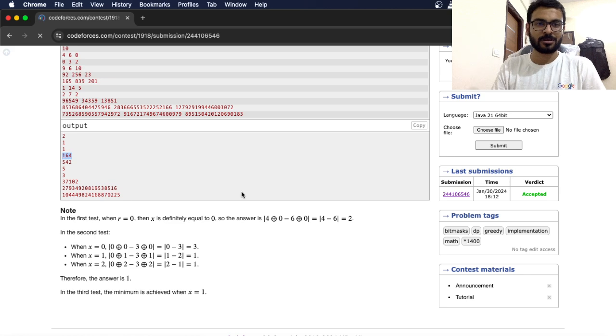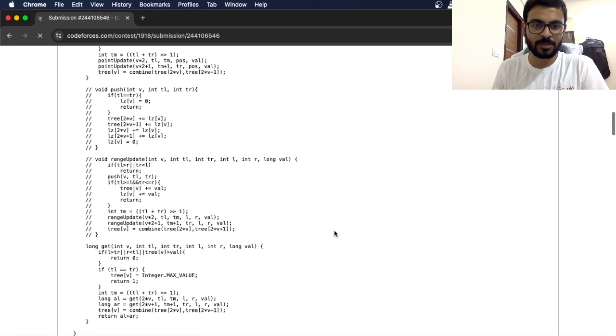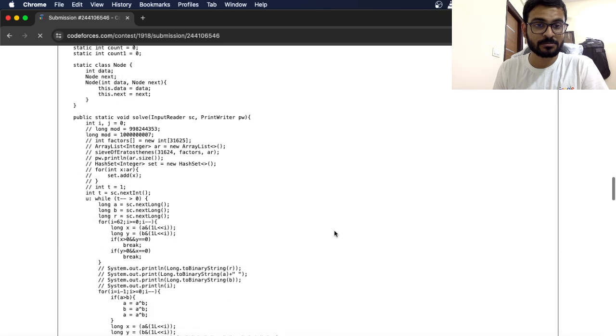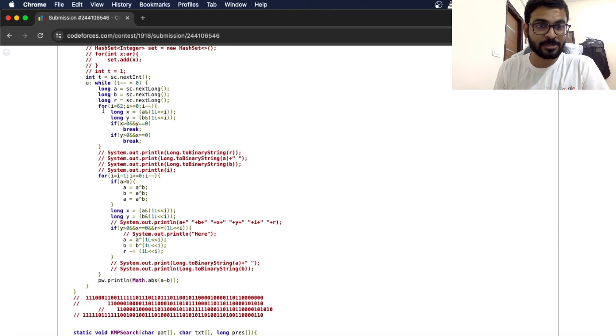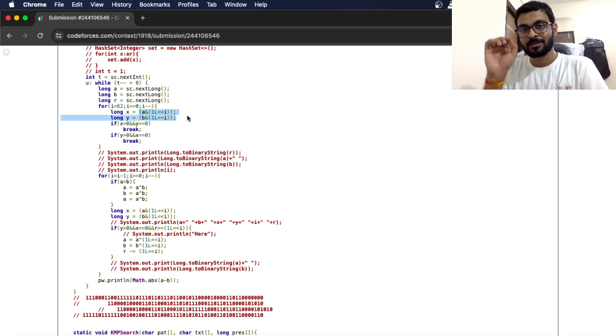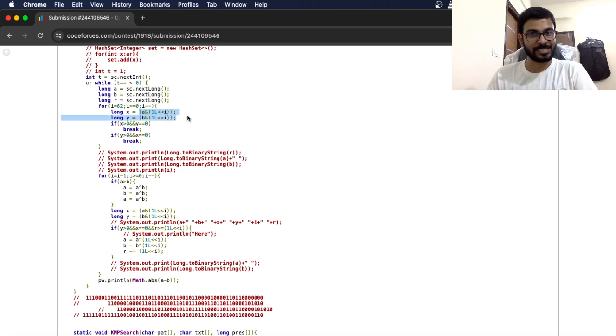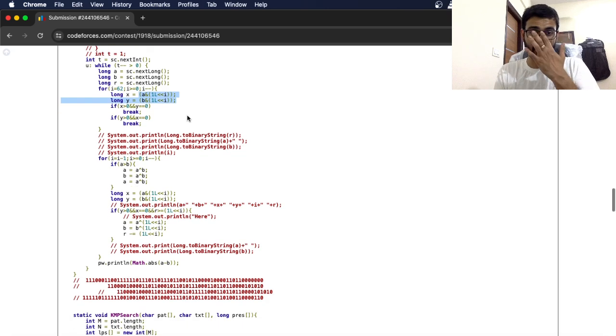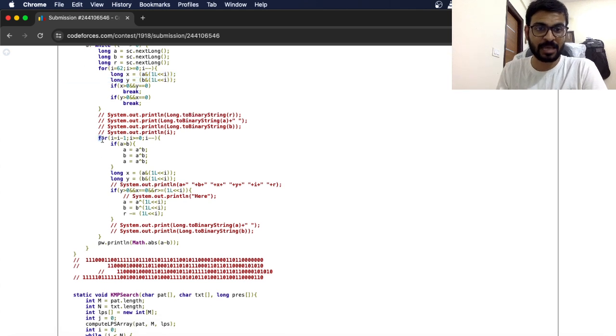This is my own solution. If we go down, we can basically see that I first found out the first point of difference, where either x is 0, y greater than 0, or y is 0, x greater than 0. I'm basically fetching the ith bit, and this is the way I'm fetching, using bitwise AND. I'm fetching that ith bit, or you can say ith bit followed by that many zeros, and then I'm going from the next bit up to the end, and